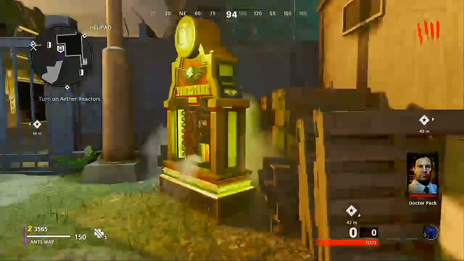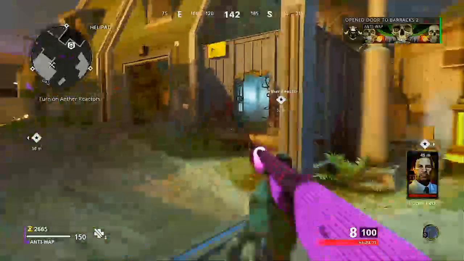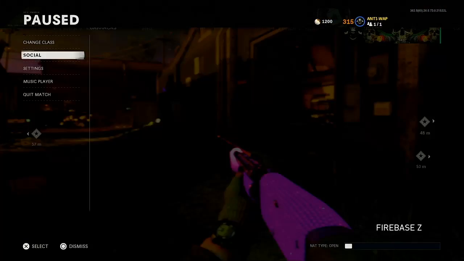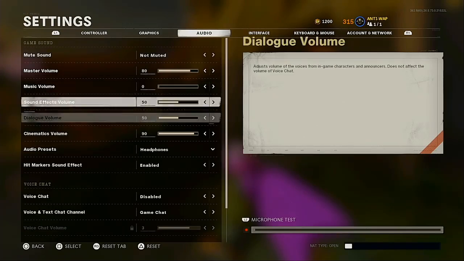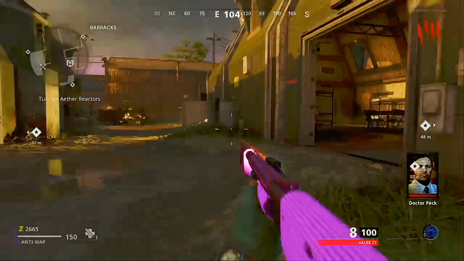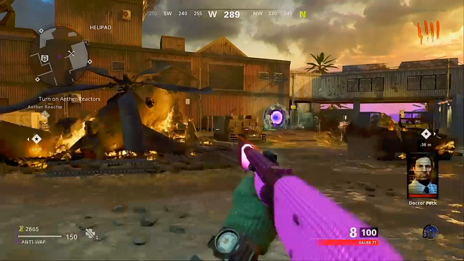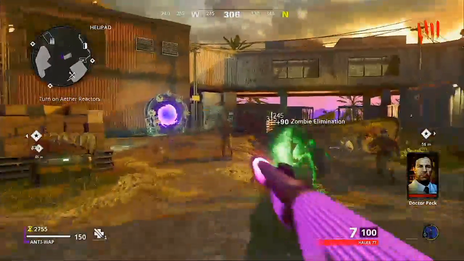It's everything that D Machine wasn't, and then this is, it really, actually, this might work. Let's test a hypothesis. Alright, this dude can shut up while I'm talking. Turn the dialogue down. 30. Is he still loud? There we go. Anyways,